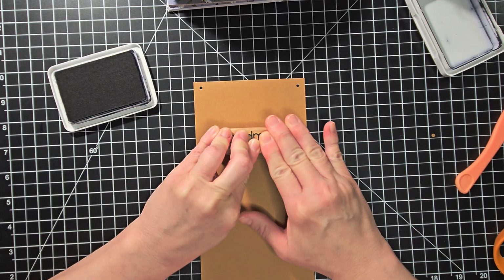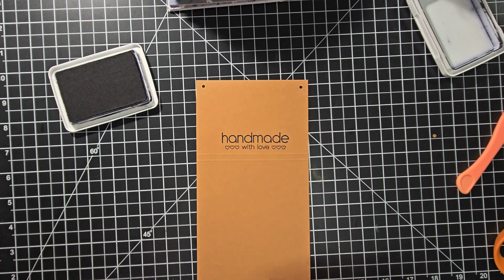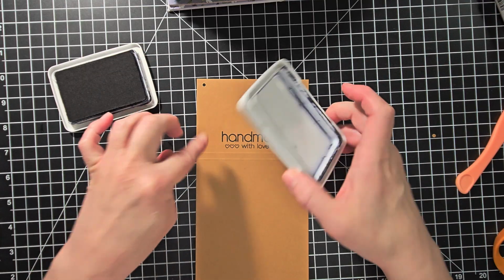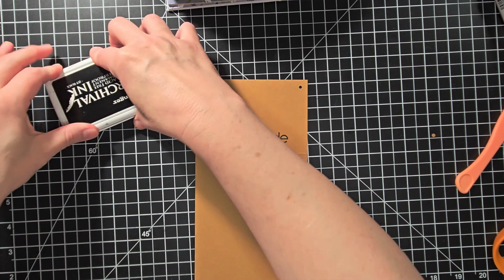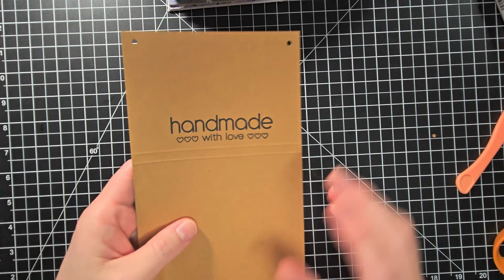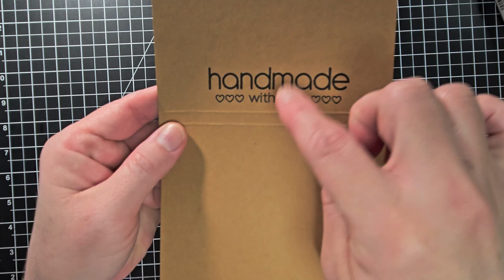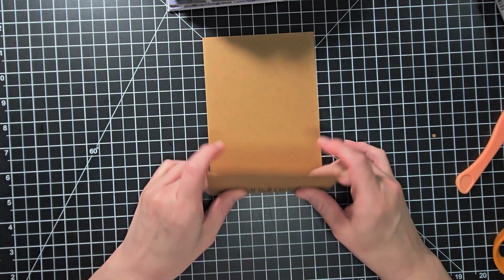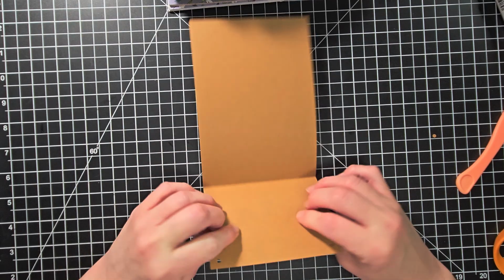So, be sure you've got your holes at the top, and then your stamp up right above that score line. Here, I'll show you what I'm talking about. So you have two score lines here. Do it over the top one there. Okay, so now we're going to fold at our score lines,